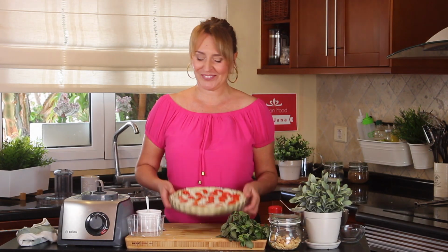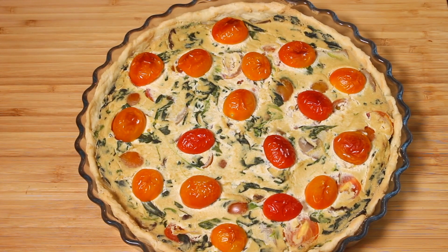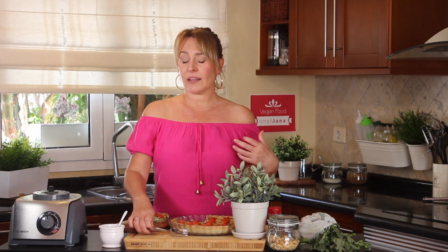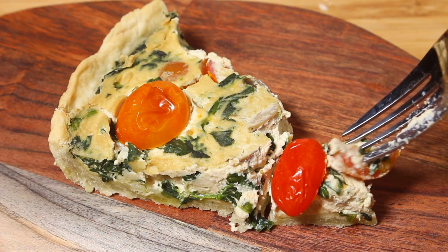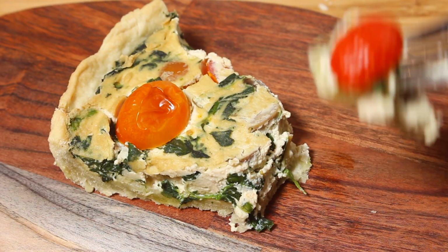Here we go. So here we have our quiche ready. This is the most amazing meal ever because it's so complete. It's lean, it has almost no fat, it has a lot of protein, and it is so tasty. And of course I am going to try this because I have been smelling it, and oh my God,